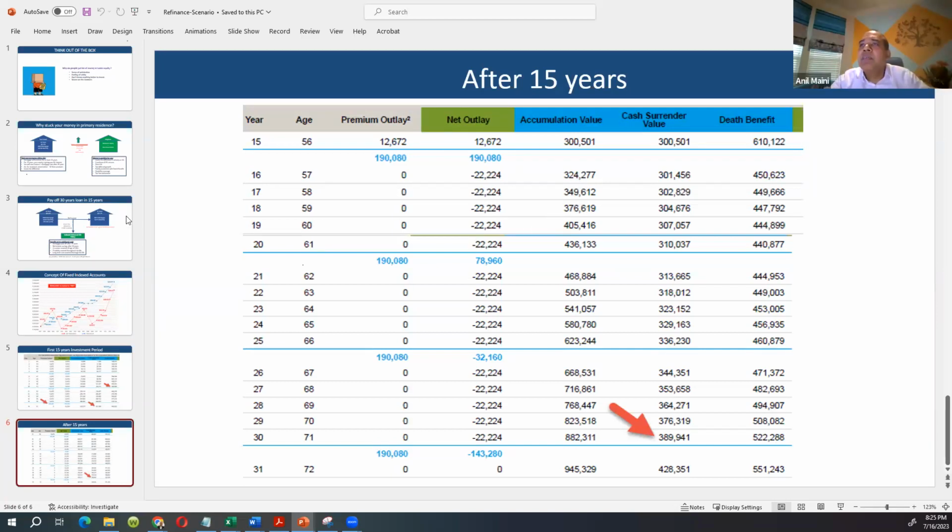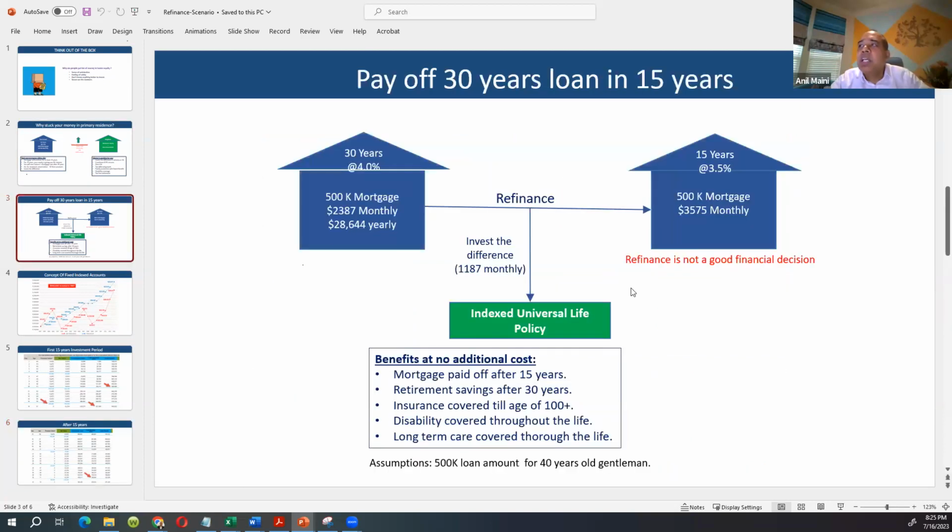No. See, why are you saying $1,000 for his mortgage? He took a 30-year mortgage. He has to pay the $2,387 monthly payment anyway. Now the question is what he should do beyond that. He says he will continue to make $2,387, but the wife says let's pay an additional $1,100 and pay $3,575. So it is only about this $1,187 that the husband and wife are discussing: should we put it in the home, in our mortgage, or should we put it in IUL? So they ended up putting only the difference in the IUL.